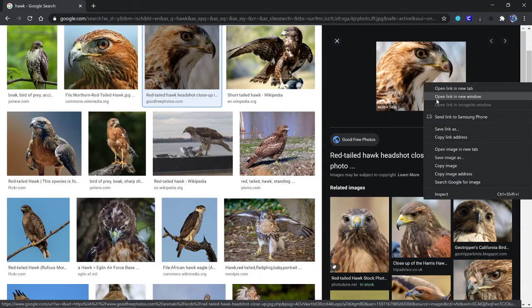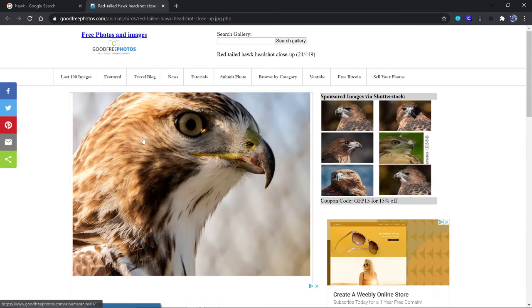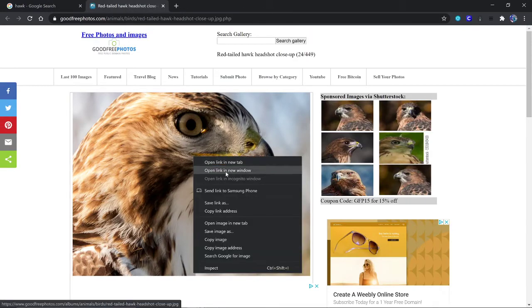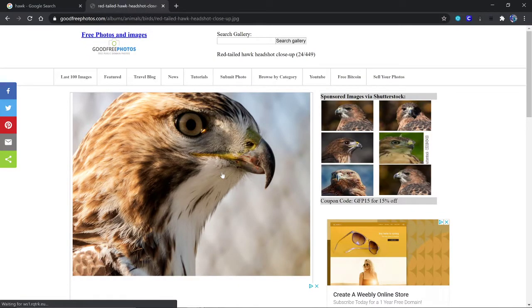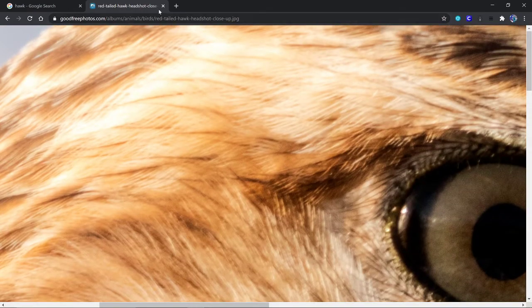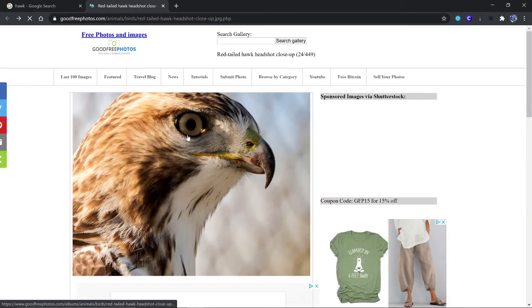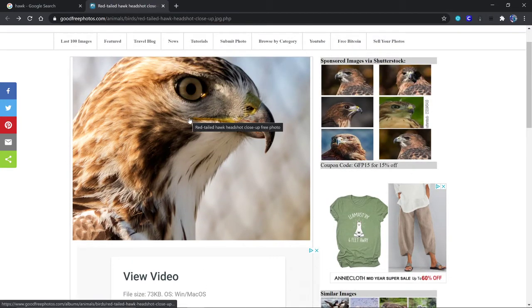So let's go back. Let's look at our other options. We're going to open link in new tab. It'll probably take us to another page, and that's the one we want to open in a new tab. Now, if it doesn't give you a big one, then this doesn't seem like it's big enough either. Let's click on it. Yeah, that's the one we want. Look how big that is. So yeah, that's what you're going to want to do is see if it's got a link. See how it's got the finger,